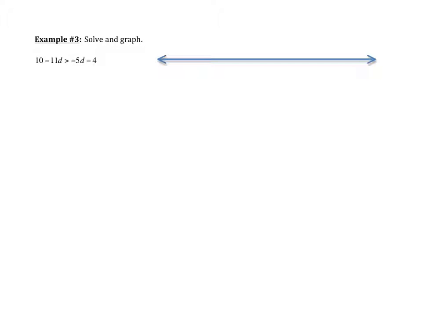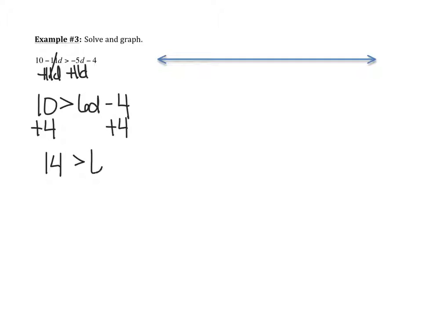This would be really easy to do in this problem because you see the negative 11d over here and the negative 5d. So it'd be really easy just to add the 11d from the left to the right, because you end up with a positive number on the right-hand side. So you have 10 is greater than, these are going to cancel, negative 5d plus 11d is 6d minus 4. Then I would add the 4 from the right to the left. So now I have 14 is greater than 6d. I divide by 6, so I end up with 14 over 6, in lowest terms 7 over 3,